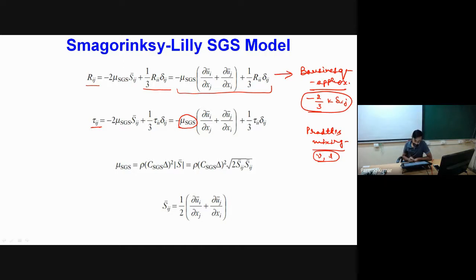Over here, we will consider our length scale as equivalent to our cutoff value. Whatever cutoff value we used in the filter function, depending upon that we will consider our length scale. And the velocity scale